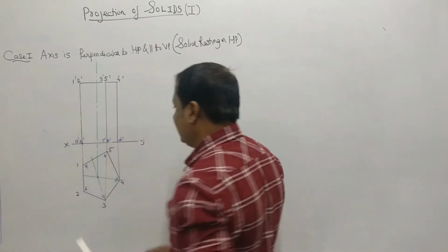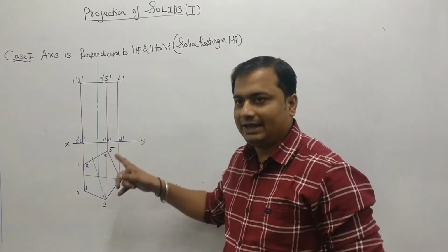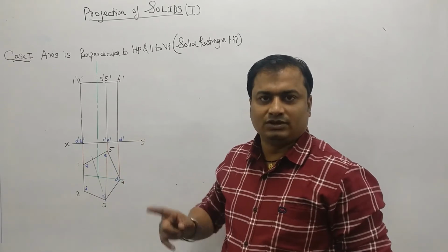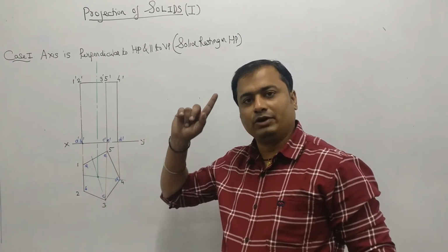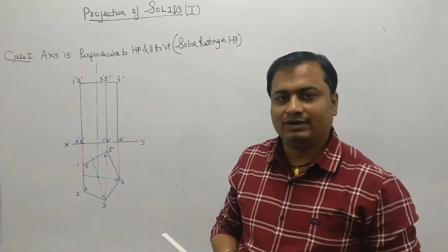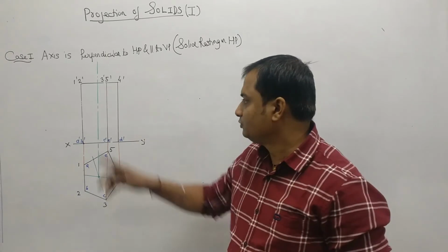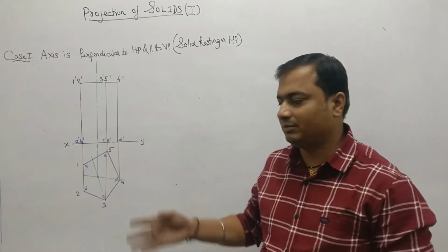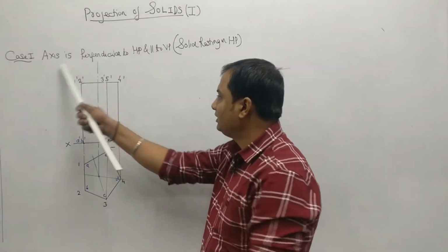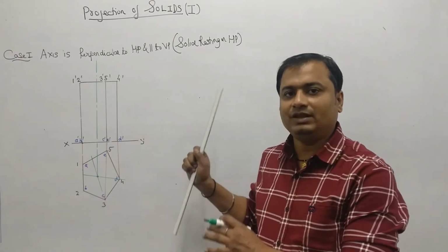So as you can see how I have plotted the axis. For plotting the axis, I have used a line that is called chain line. In the first module, there was a topic, types of lines. In that also I have described that there is one chain line or the center line which is used to plot the axis. So you have to use the chain line or the center line for representing the axis. Now this is called the projection of pentagonal prism resting on HP.